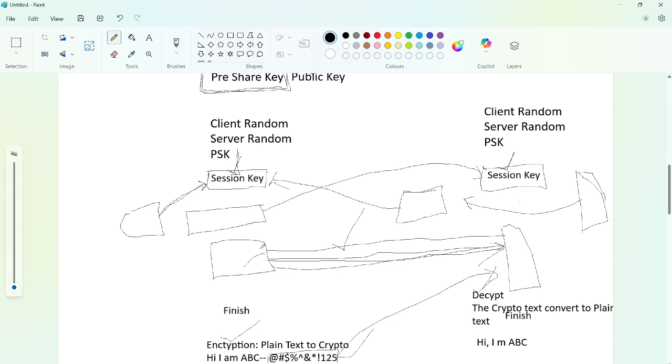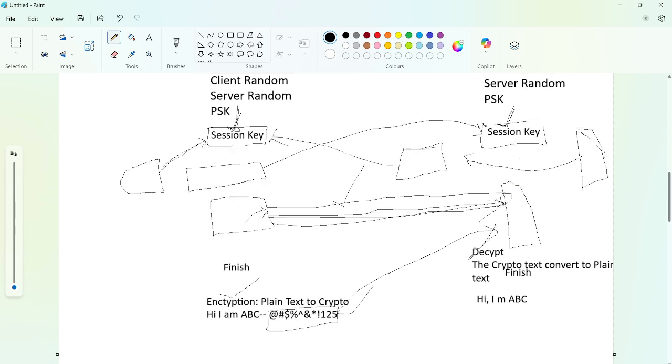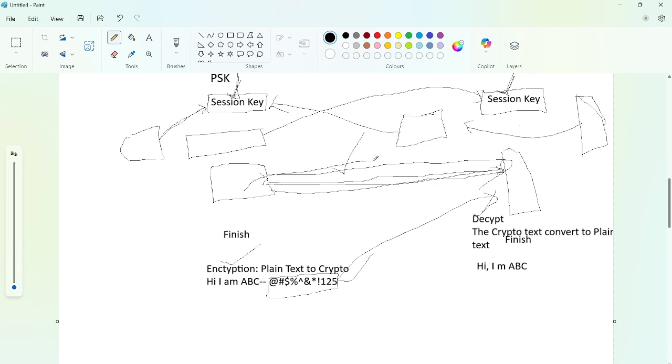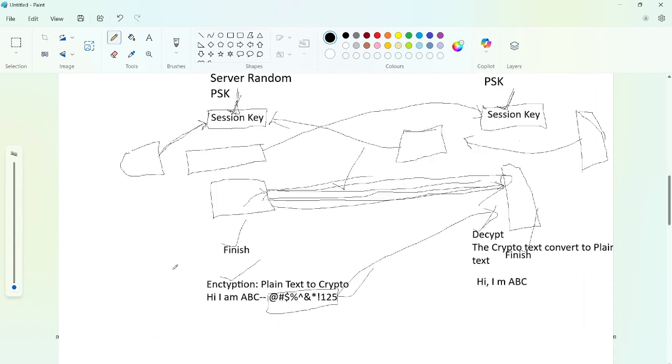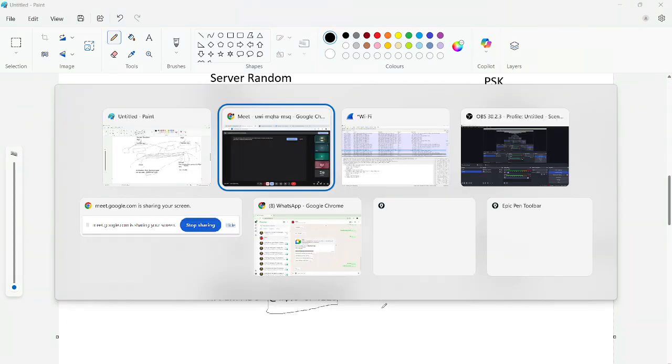Before sending, the client encrypts the data using the session key. Once the encrypted data is received, the same session key is used by the server to decrypt the data. Once the session keys are generated and the tunnel is formed, both exchange the finished message. That's where our SSL handshake is done. Once it is done, our actual application data flows in a secure manner in the SSL VPN or SSL tunnel. This is the concept of the SSL handshake.